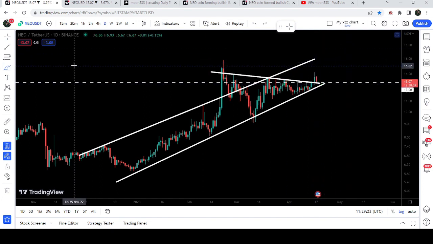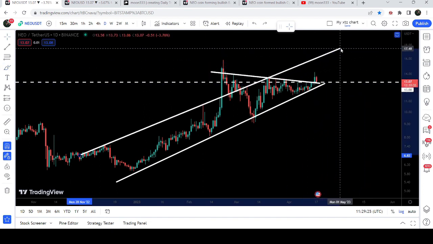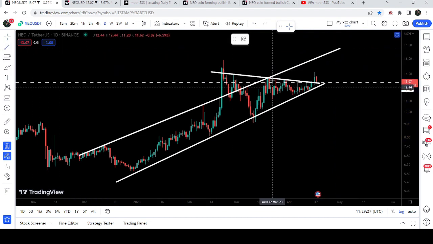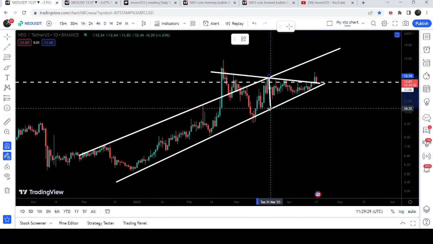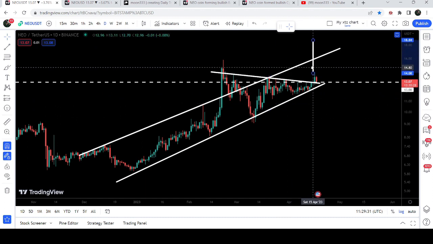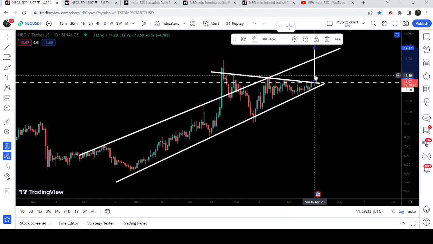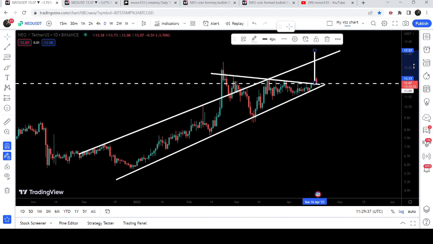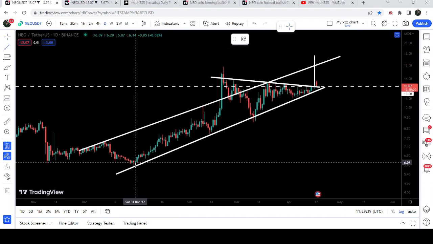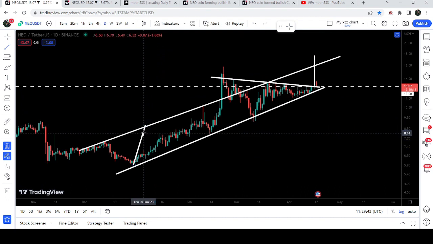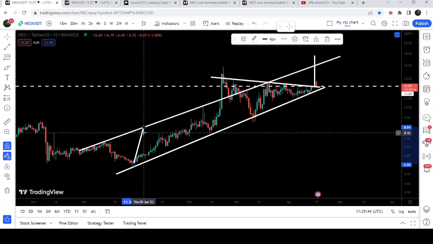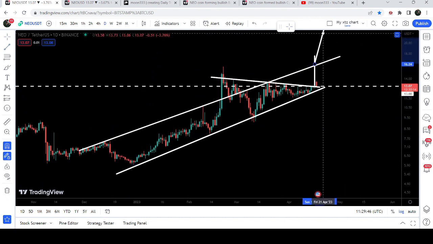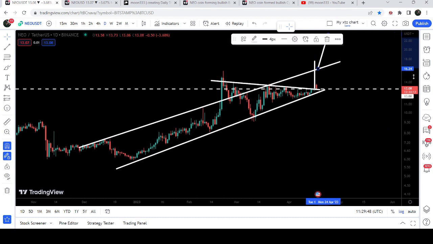And now if we take a look at the target for this triangle after this breakout, the expected target can be here. That will be approximately at $17.57, and in that situation it can also break out this resistance of the rising wedge pattern as well. And in case of breaking out this rising wedge pattern, the next target for the breakout will be here. That will be approximately at